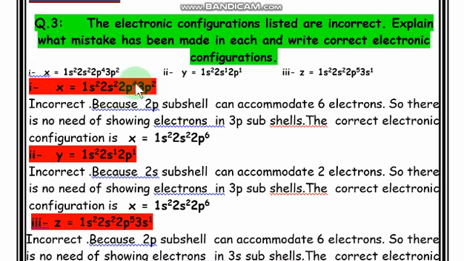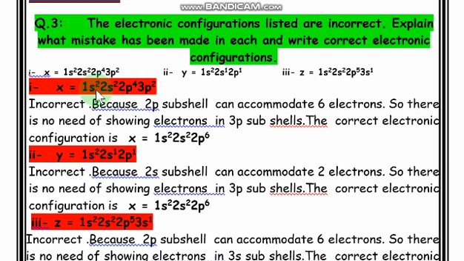A second rule was that first we complete the lowest energy subshell, then we go to the next subshell. If our first shell or subshell is not completed, we cannot make the electron jump into higher orbits or subshells. So here the case is the same.